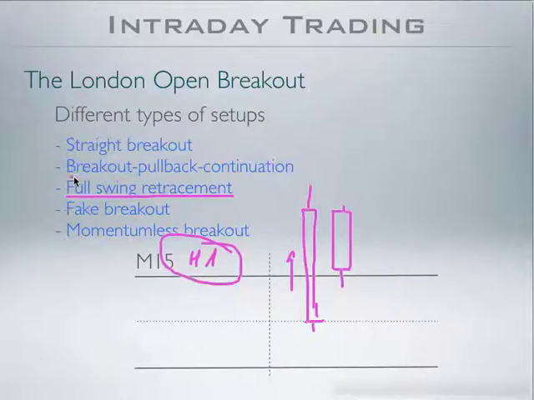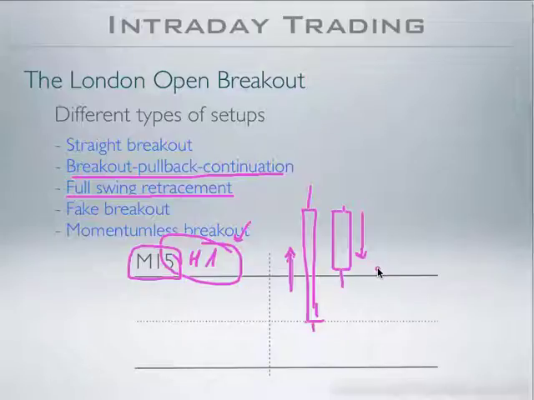On the breakout pullback continuation pattern, we search for this price pattern on the 15 minutes time frame. We are now looking into the 1 hour time frame. So you would see a green bar on the 1 hour time frame, then the pullback, a red bar signifying that retracement, and eventually from here you want to begin seeing another